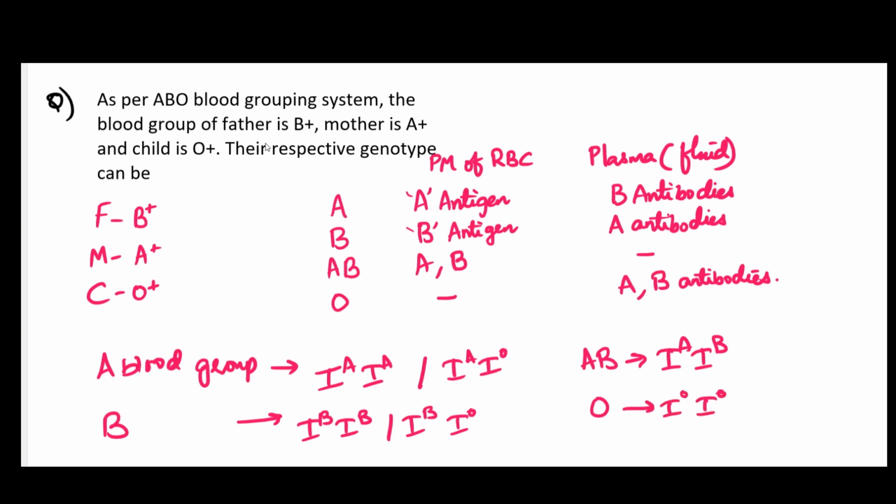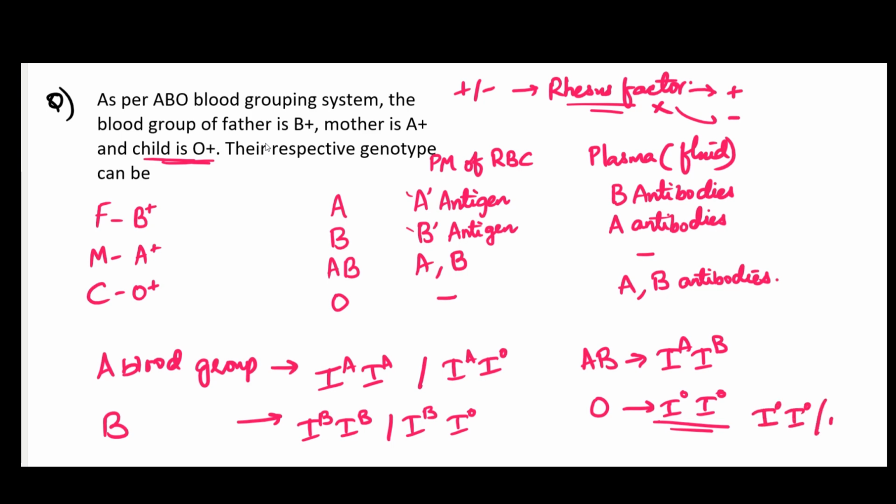Now here they said that the child is O positive. Whether a person is positive or negative, we know that some of your friends might be A positive, AB positive, AB negative. So positive and negative depends on the presence of rhesus factor. If a person has the rhesus factor, then that's said to be positive. If they do not have this rhesus factor, then that's said to be negative. Now here the child is O positive. That means what's the genotype of the child? IOIO, or it can also be represented as small i. That's the genotype of the child.